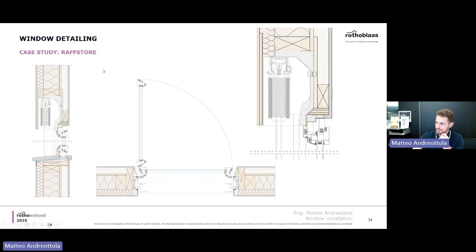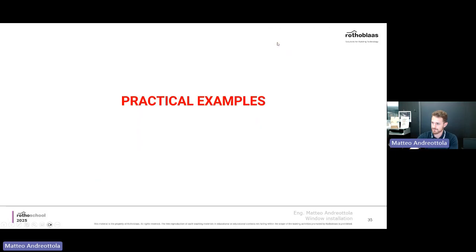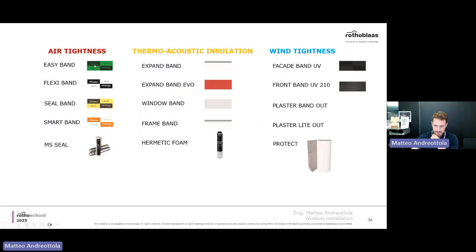You also have other case studies. This is another system which is not round, but has a different shape and a different shading system. In this case, you see that the insulation is already done by the producer of the box, and this is a very good one. So even when you're choosing these kinds of things, always make sure in your details that the insulation is continuous and goes all the way around your detail. And this is the first rule that you need to have.